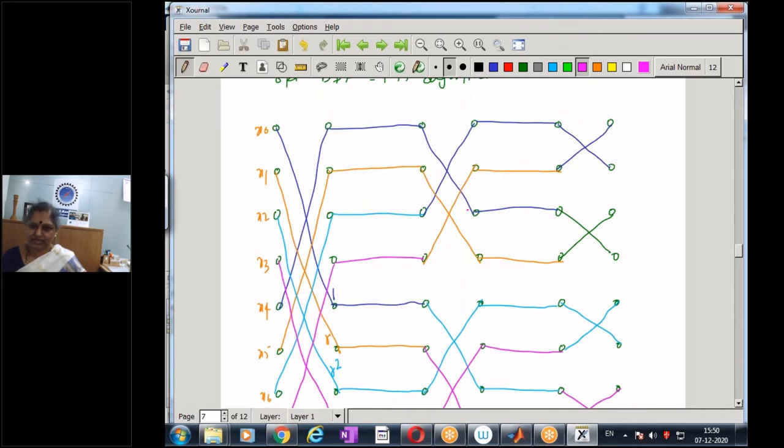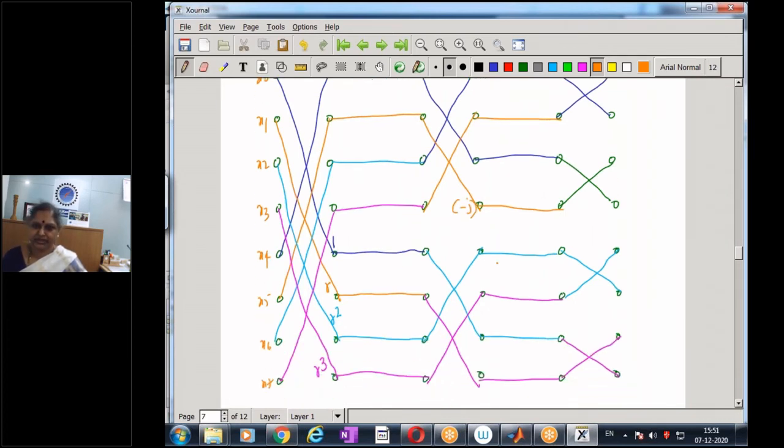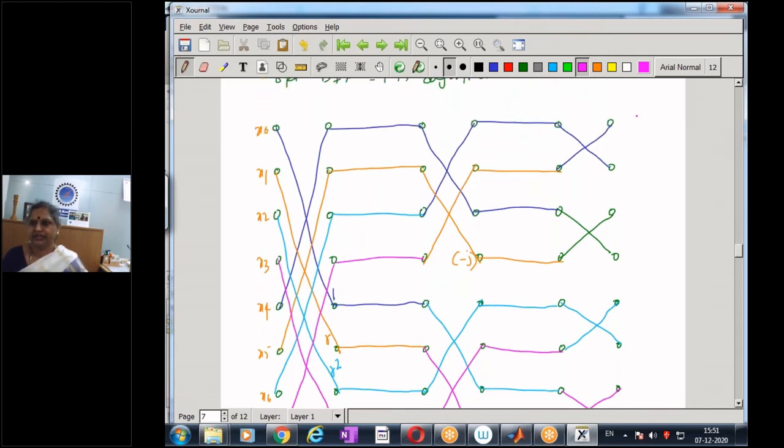And how about the branch gain? The branch gain for the second stage, this has a branch gain of 1, the first one, and this has a branch gain of gamma, which is minus j. Here it's minus j. And similarly, here there is a branch gain of minus j, and this of course is a branch gain of 1. And finally we get the output.